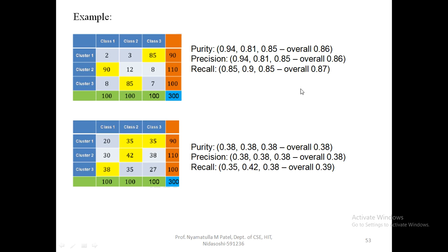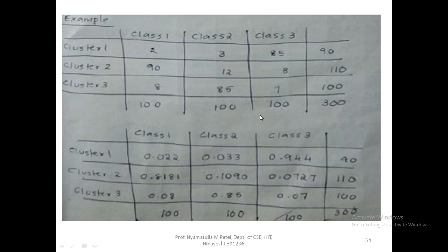So, if we calculate purity, precision and recall, we will see how we get them in this example. Let us take cluster 1, cluster 2 and cluster 3, the same example: 2, 3 and 85, total 90; 90, 12 and 8, total 110; 8, 85 and 7, total 100. So, total is 300.